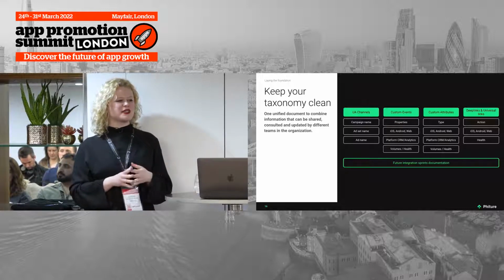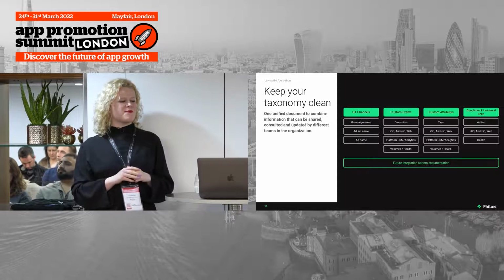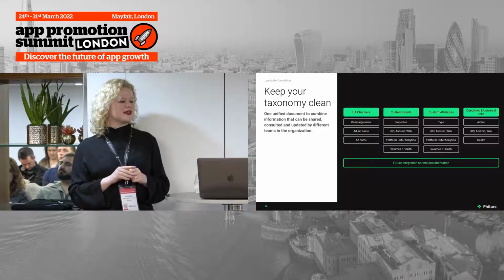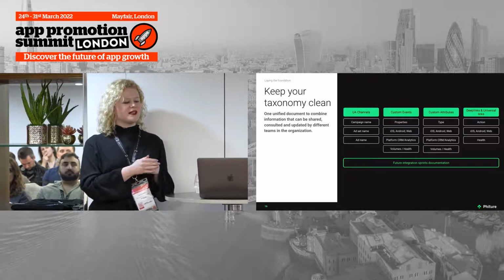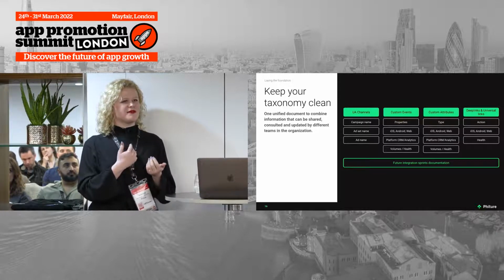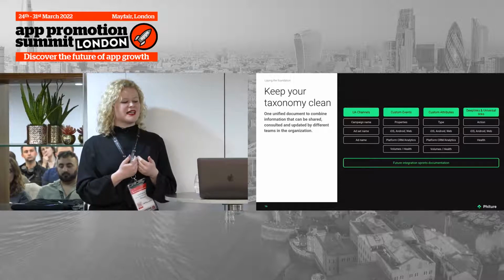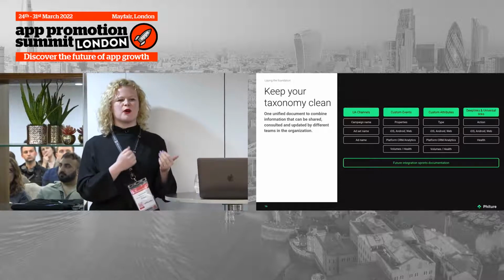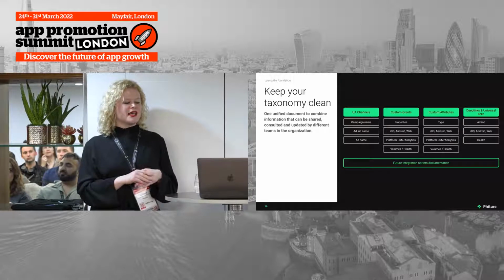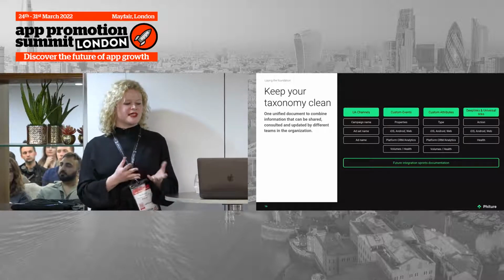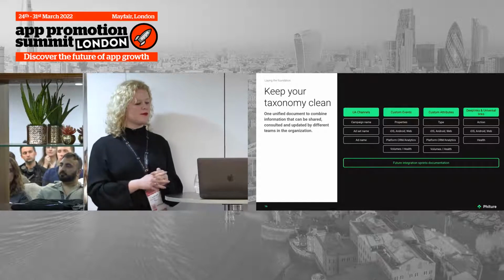But this is the kind of thing that causes silos, because maybe, for example, Zen's UA team is calling a custom event that we would use, or a user behavior that we would analyze, a totally different name. It's just small things like that which cause friction. So getting everybody to speak the same technical language is really, really important.